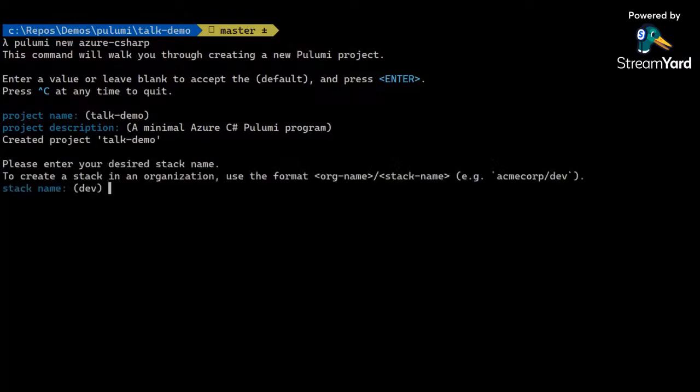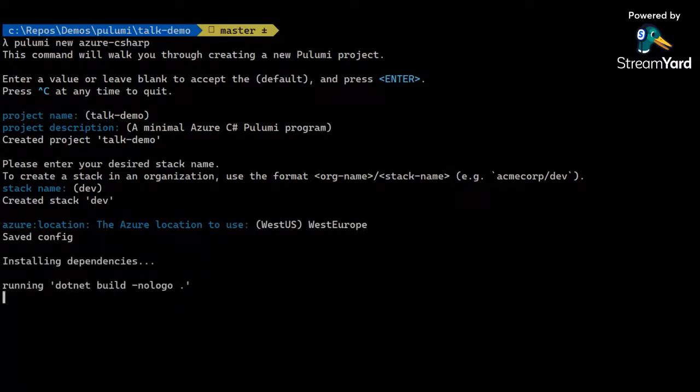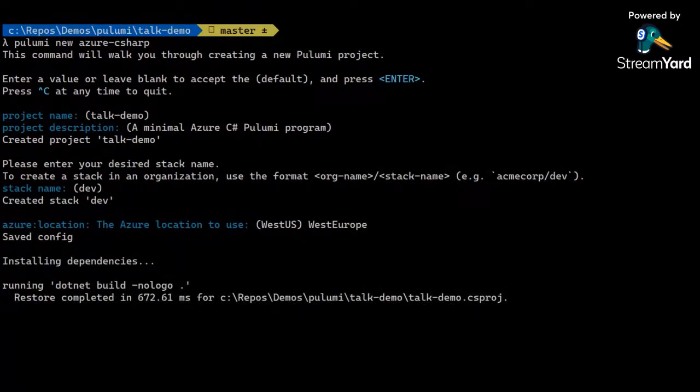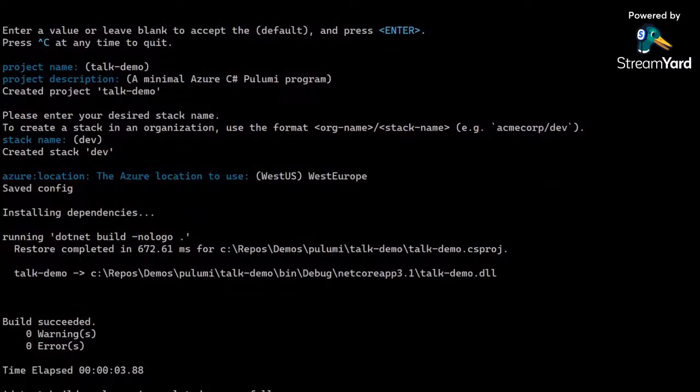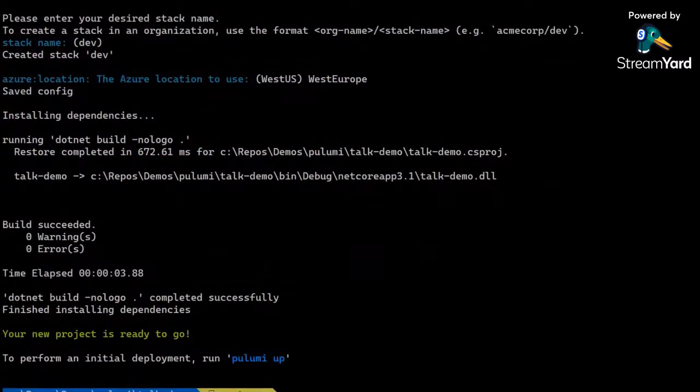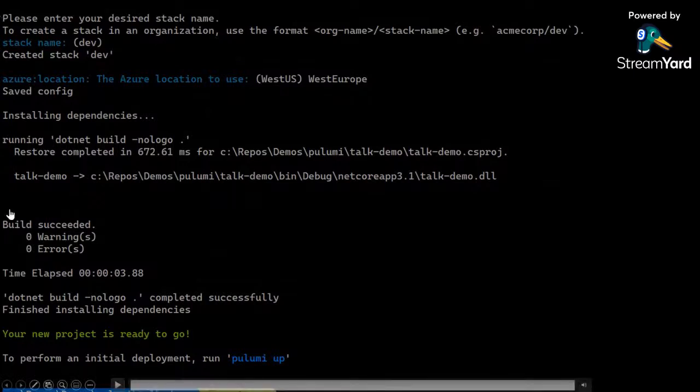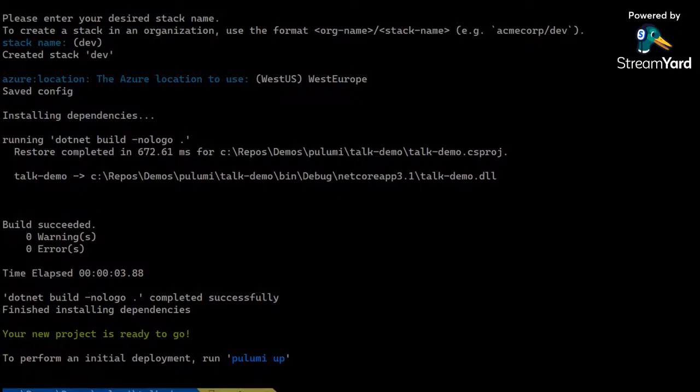There's a bunch of built-in templates. So there'll be Azure C#, TypeScript, Go, Python, AWS equivalents as well. And then it gives you a small wizard, if you like, that essentially generates some code for you. So it's generating a project for me, and you're seeing hints of it. This is a .NET project, so we can see some .NET stuff. Some of these embedded things that you're going to see are a little bit old, but we'll dive into a demo a bit later where you'll see something that's hopefully a bit fresher, a bit newer.